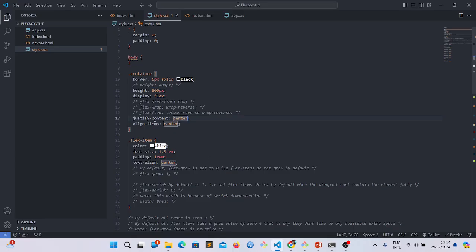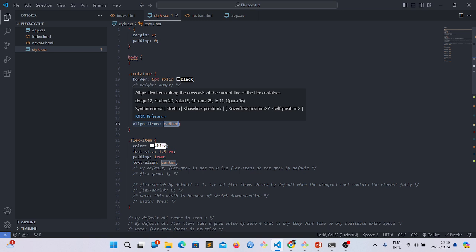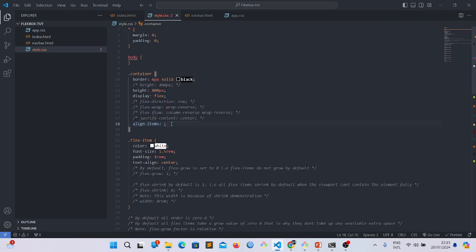So let me comment this out. For align items, apart from flex start, we have flex end, we have stretch, we have center, then we have baseline. So I'm not going to be touching baseline because this is just the basics. But I will see before the end of this series if I can talk on baseline. But the four you should be